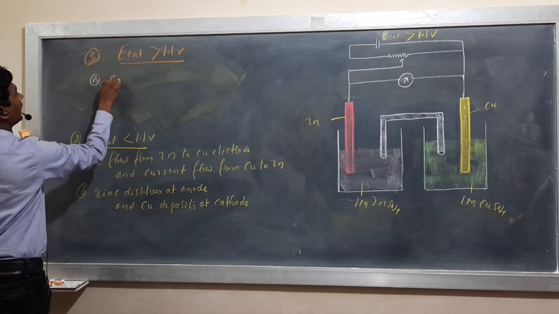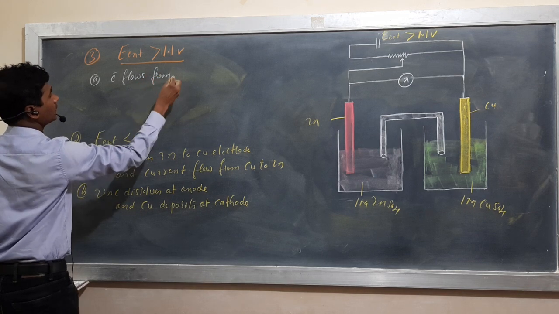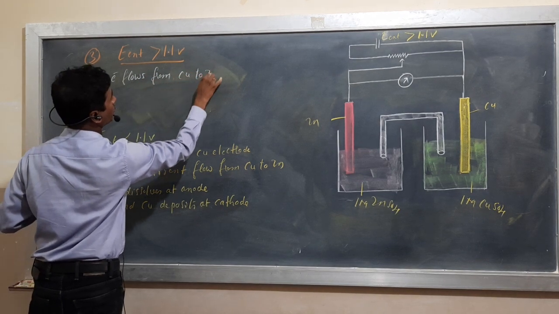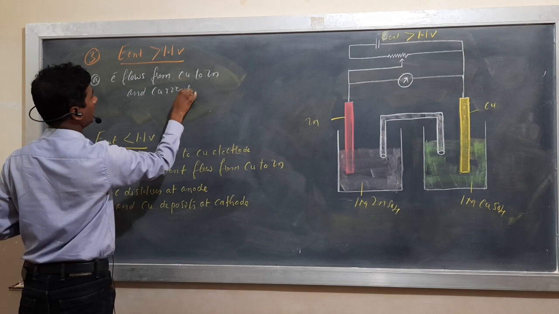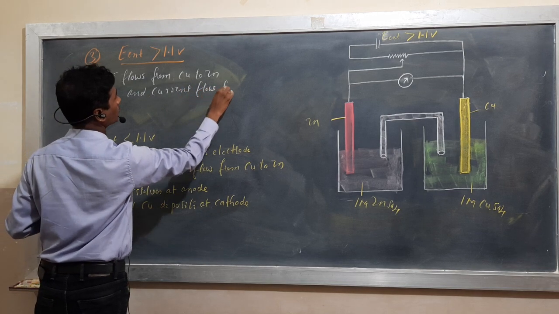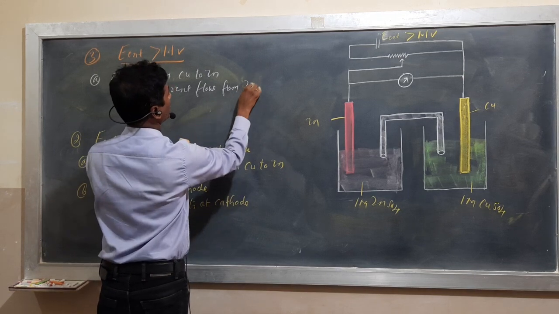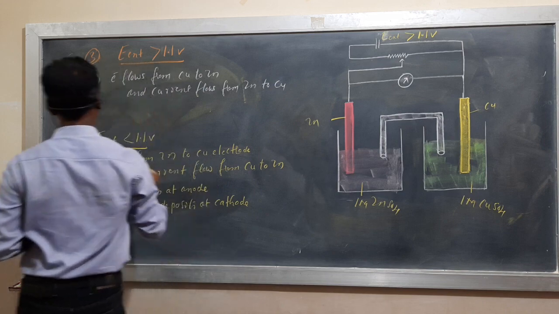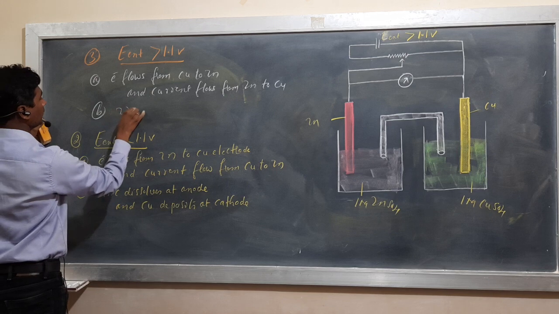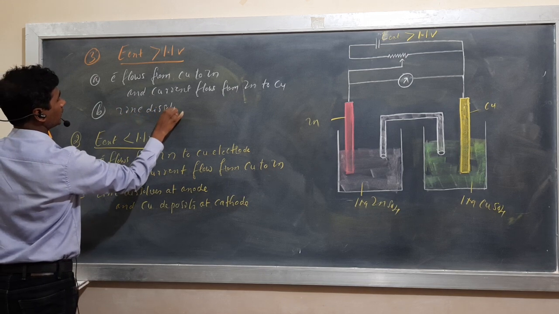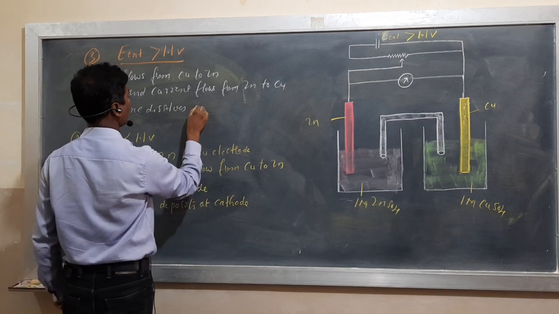Here electron flows from copper to zinc, and current flows from zinc to copper. So what is the B? Yes, here zinc dissolves and copper